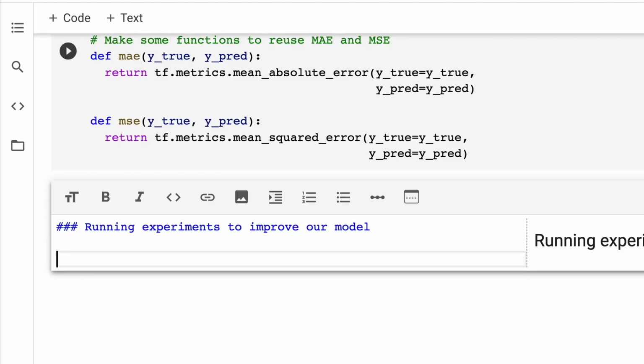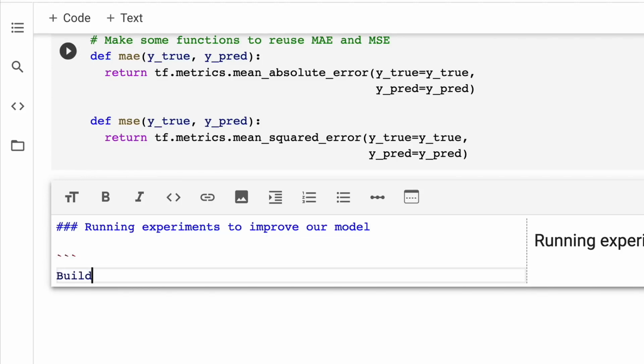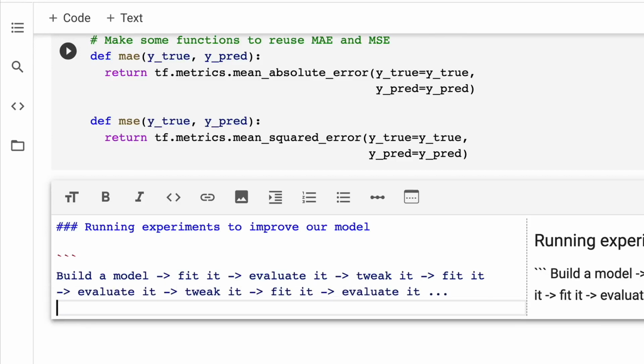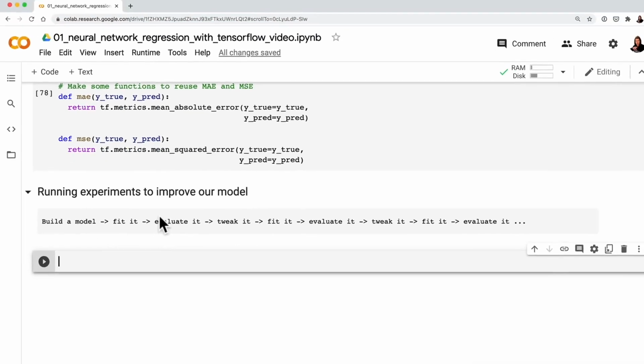Remember our workflow that we've discussed in a previous video? Usually we start by building a model, fit it, evaluate it, tweak it, fit it, evaluate it, tweak it again, fit it again, and then evaluate it again, and so on and so on. So if we come back to our keynote,